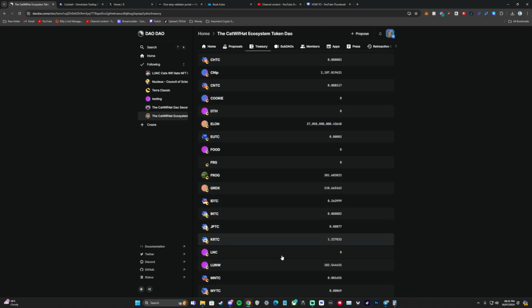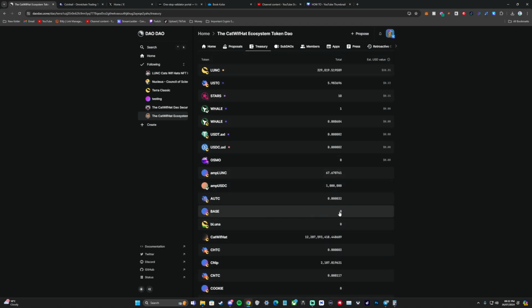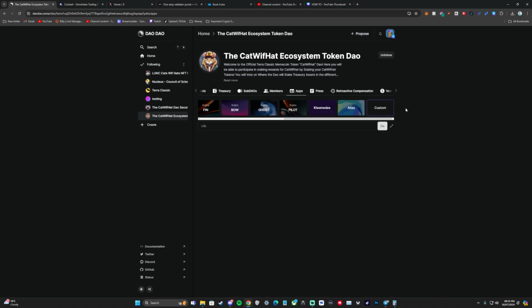Base. I don't have any base in this one. Okay, so I should have had. Oh no, I used the base in a different one. So anyway, it would be basically where you can add